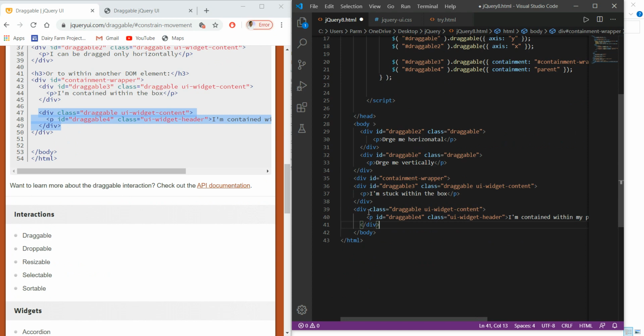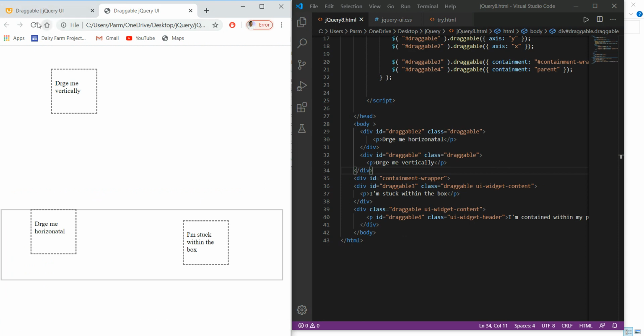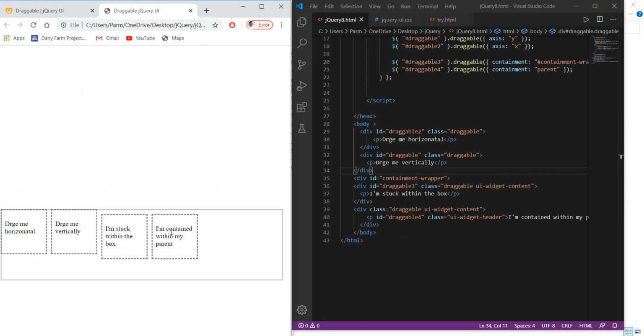Here we have used the div class draggable and ui-widget-content. And in this case we just want to drag the text, that is the paragraph, for which I have used draggable for over here. That is the difference. Refresh it and see, I'm contained in parent, so it cannot go beyond this.